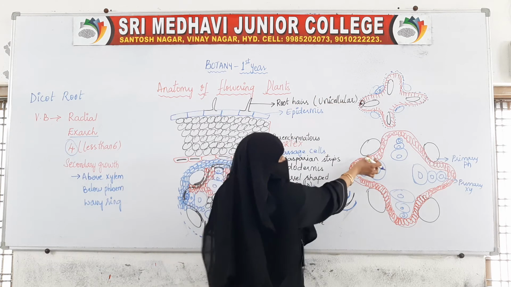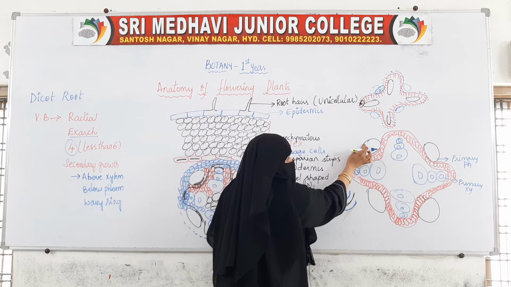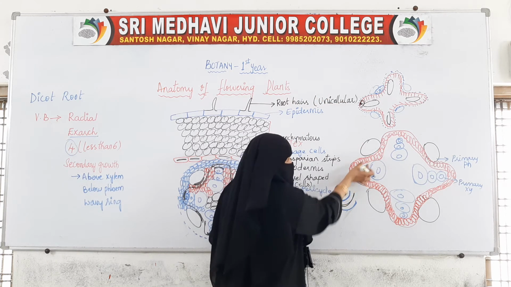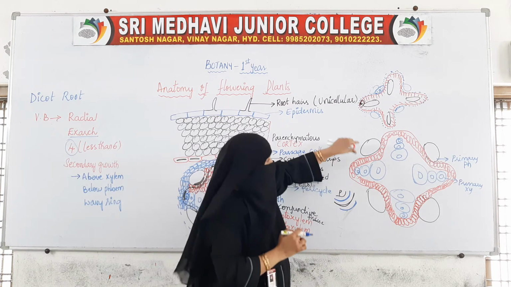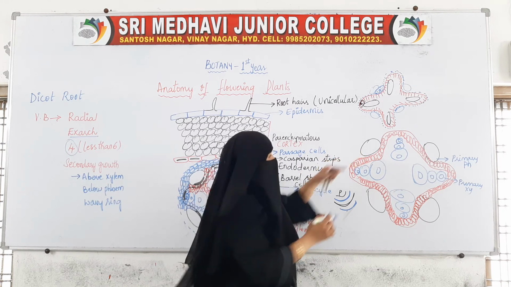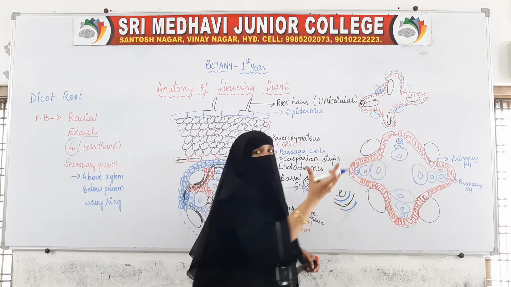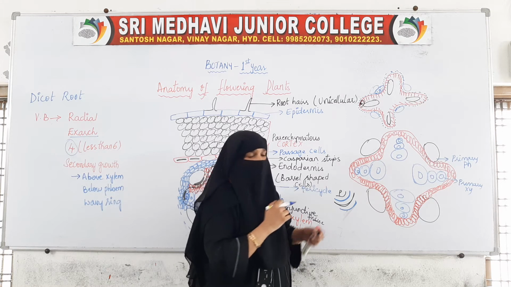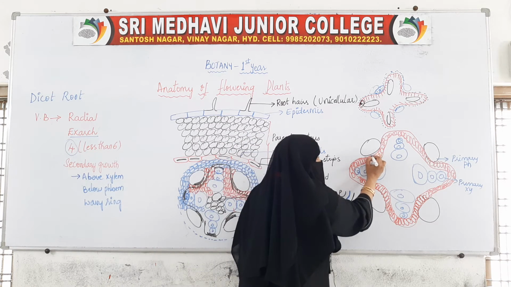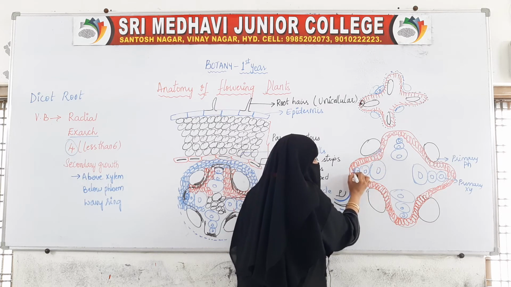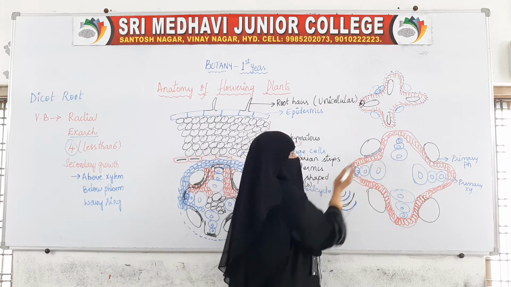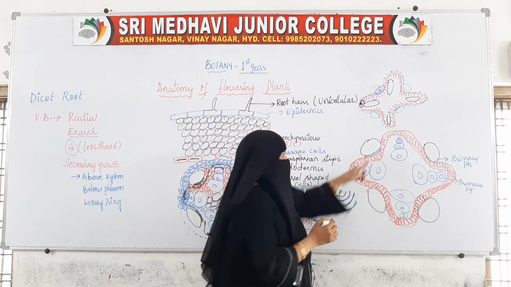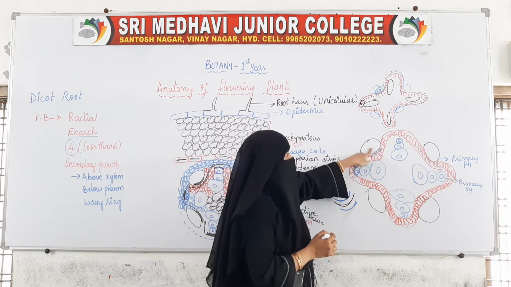I showed you the cells. This is the primary phloem, this is the primary xylem. The cells in between this phloem and this xylem have changed into meristematic cells, meaning these cells have produced new cells. So here is the new phloem, and here the new xylem. So what happens when this new phloem, that is secondary phloem, comes? This primary phloem moves